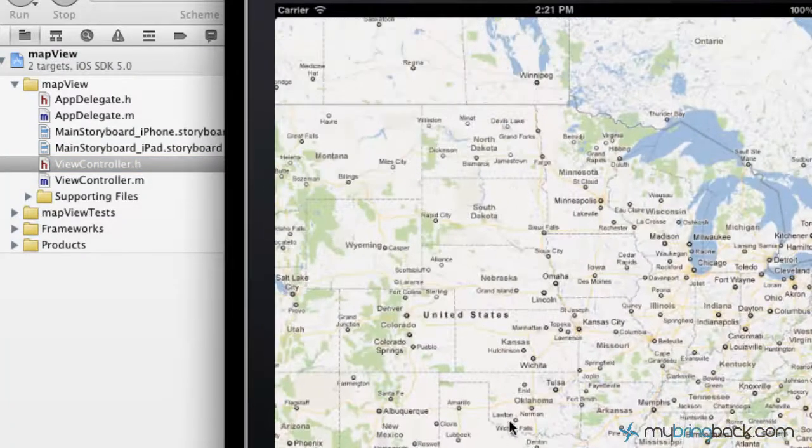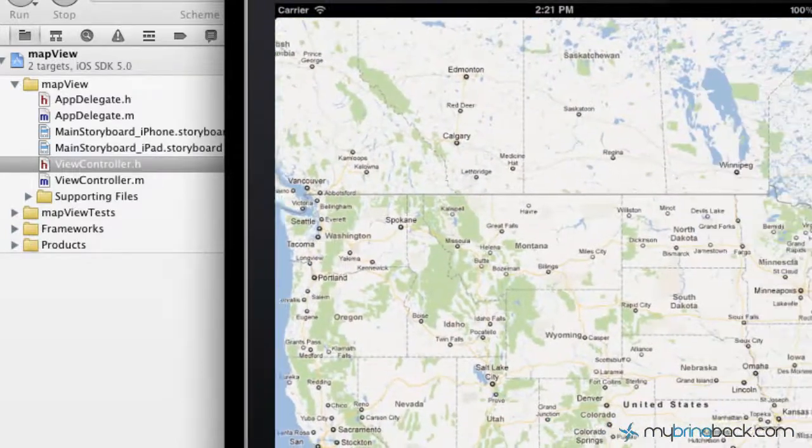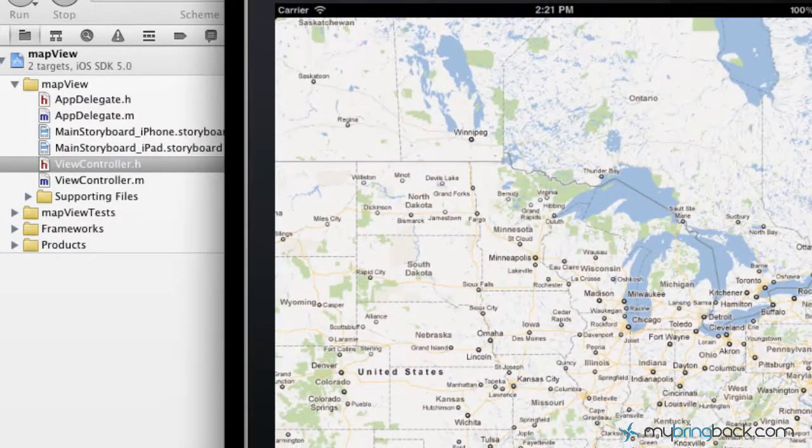And again, we can zoom in, stuff like that. Not real interactive now because we haven't got into some of the more advanced things. But that's kind of the basics. You've got to pull the framework in, then you've got to hook it up to your storyboard or your interface, and then also hook it into your header and your implementation as far as where or what it's going to be. So hopefully that helps you just with the basics of the MapKit